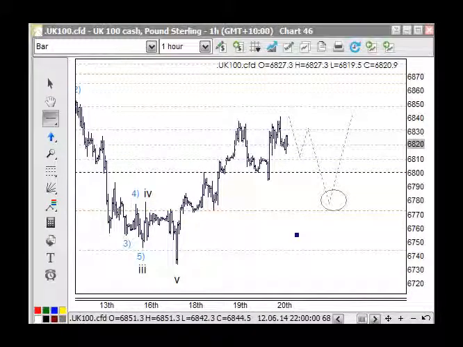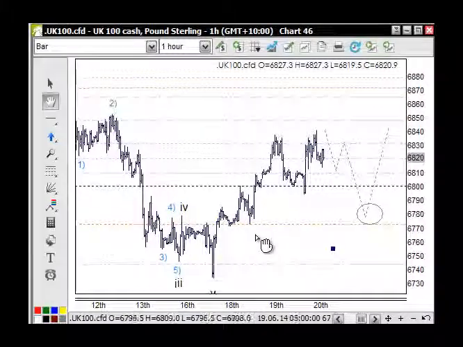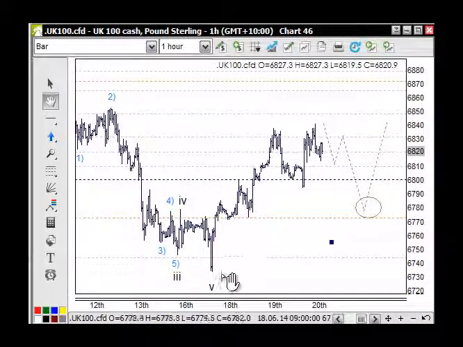The FTSE's got a mind of its own, and it's in its own little world, and on this hourly chart here, we were considering this being the low here, and a positive move to continue to the upside. And some of the things that we were looking for were, first of all, calling the low in through here.